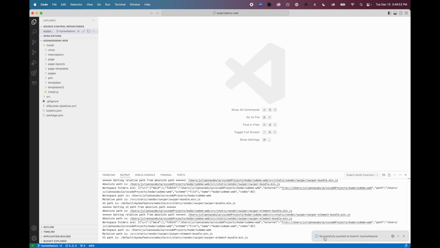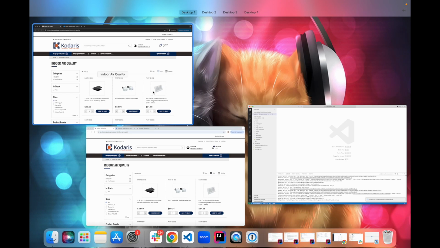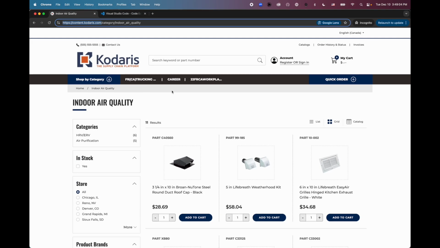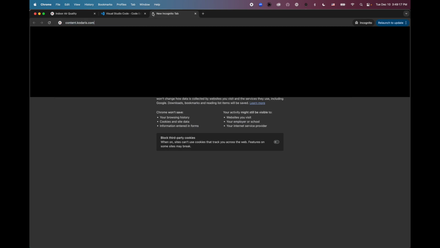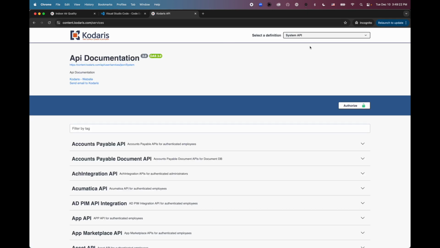All right, so now we've successfully pushed the branch up into Coderis, so I'll get a little notification here. And if you hop back over to the website here, what we'll do next is, right now we're previewing the live version of the website. Again, we're on the production branch here. We're seeing the production version of the website. What we need to do to develop is tell Coderis's system that we would like to view a different branch and not the production branch.